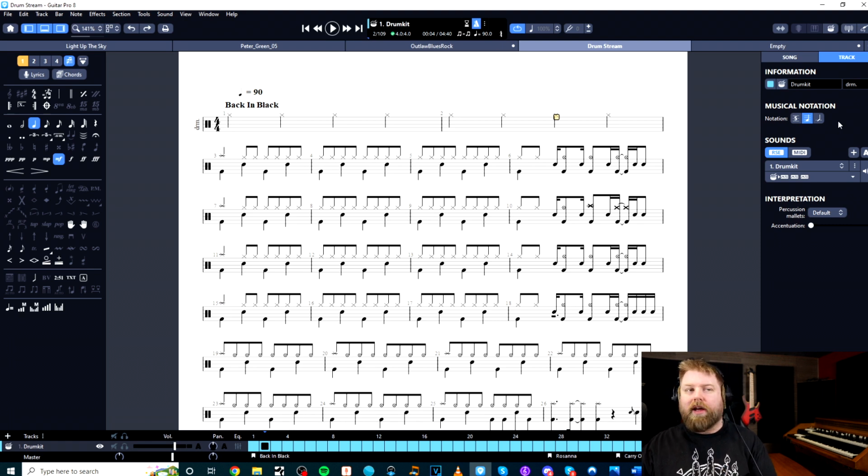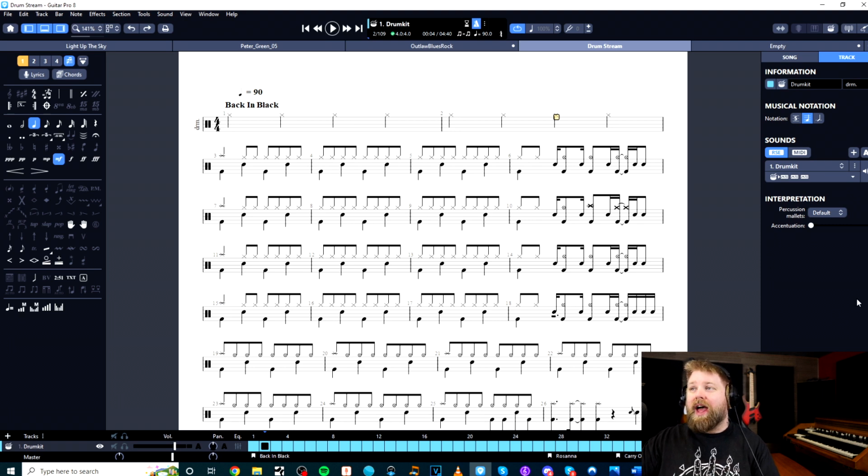So the thing that I like most was the promise of being able to mix your drums in Guitar Pro, because the kits have a default sound and everything has a default volume, and that's fine, but what we realistically want to be able to do is to go in and mix the kit as we want it to sound. So we can do that, and in order to do that, we're going to use this panel over here